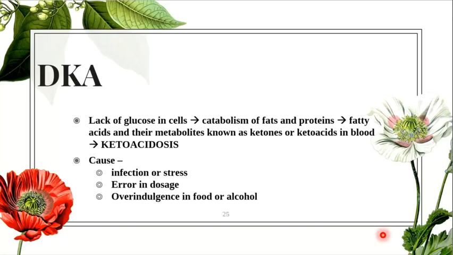Now we're discussing the acute complications of DKA, that is diabetic ketoacidosis. There is a lack of glucose in the cells which leads to a catabolism of fats and proteins, which leads to fatty acids and then metabolite formation known as ketones or ketoacids in the blood, which causes ketoacidosis. What is the cause? Either an infection or stress, there is either an error in the dosage, or there is an overindulgence in food or alcohol. Everything can affect the glucose and the insulin, that is the relation between glucose and insulin that was scheduled can be disturbed. Okay,